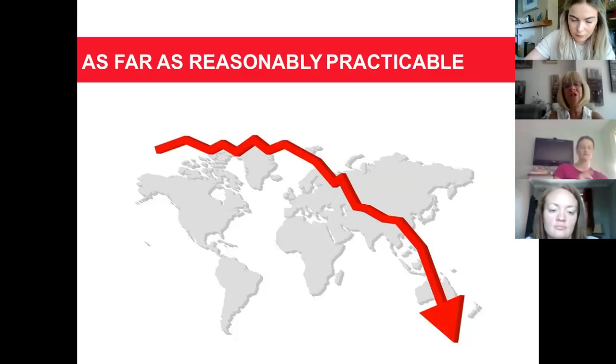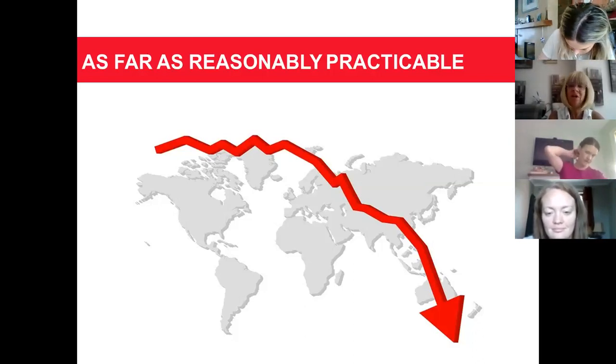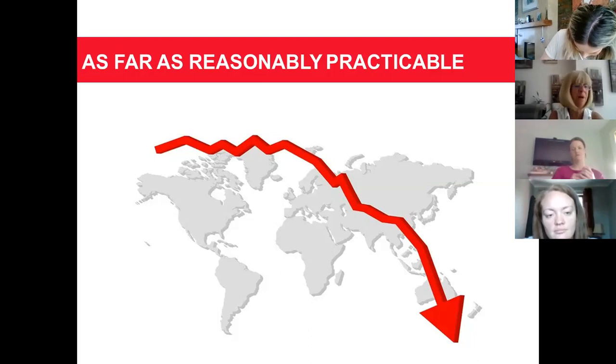And the law actually tells us that we must control the risk as far as we reasonably can. So the phrase, as far as is reasonably practical, features a lot in all health and safety management legislation. And what we've got to try to do as employers going forward is do what we reasonably can to reduce the chances of people being harmed